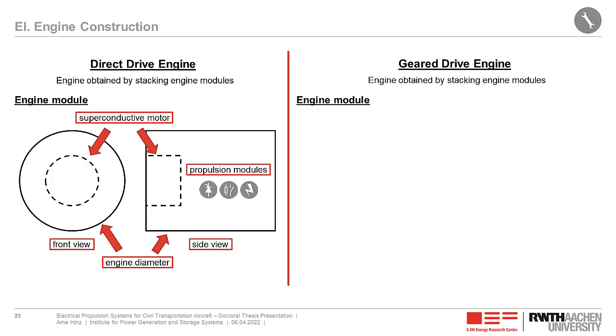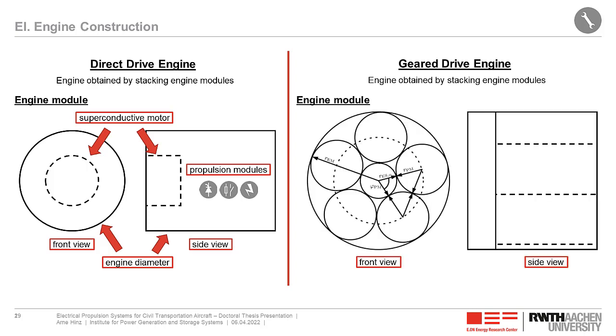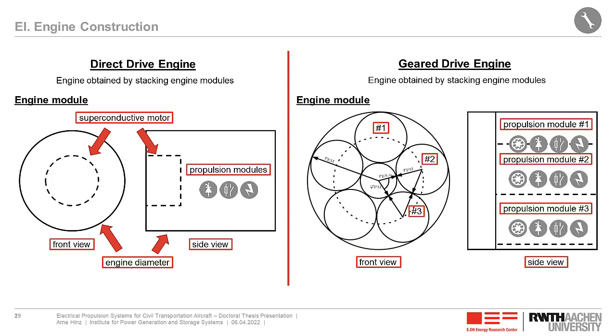The gear drive engine construction is a bit complicated. We have here each propulsion module put in its own cylinder, whereas each cylinder contains the switched reluctance machine, power electronics, breakers, and the fuel cell. The diameter of the cylinders is the same as the diameter of the switched reluctance machine. And these propulsion modules are placed behind the gearbox, which combines the power output of the propulsion modules and gives it to the engine spool right in the middle of the engine.